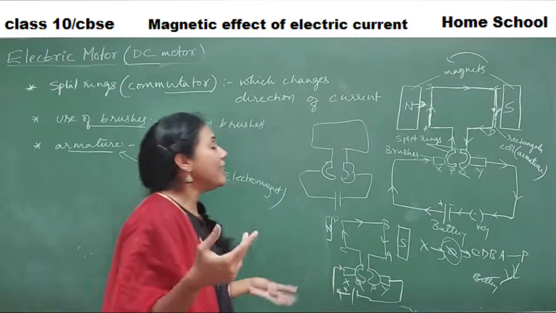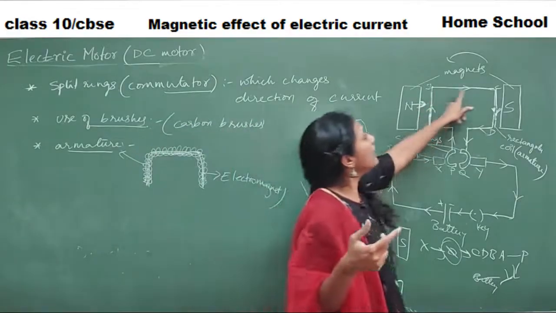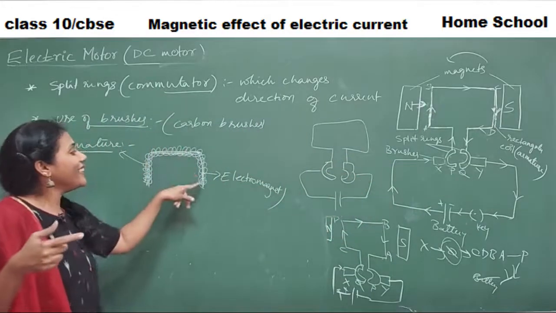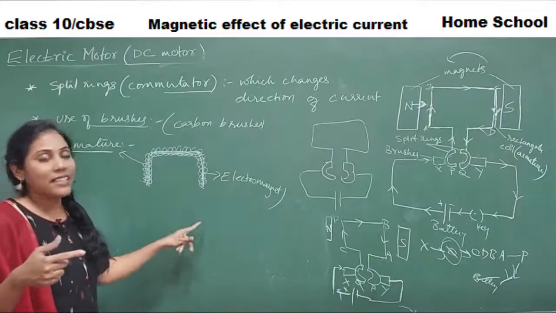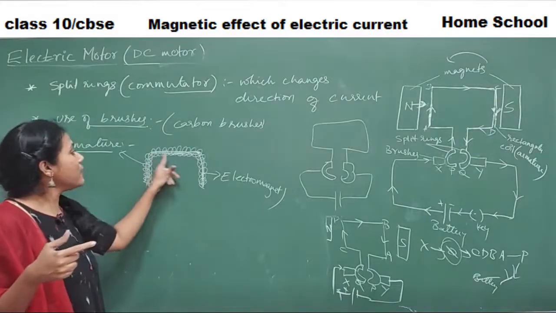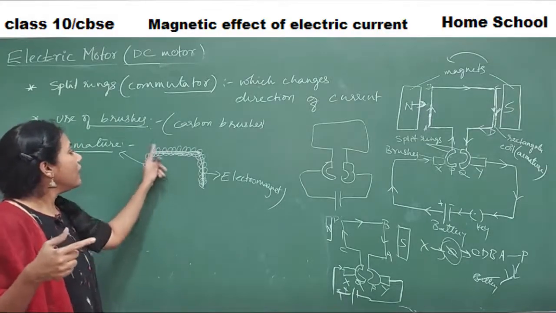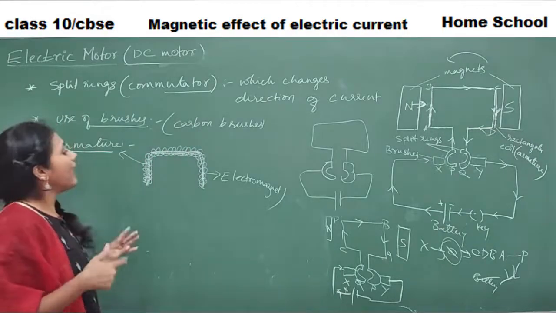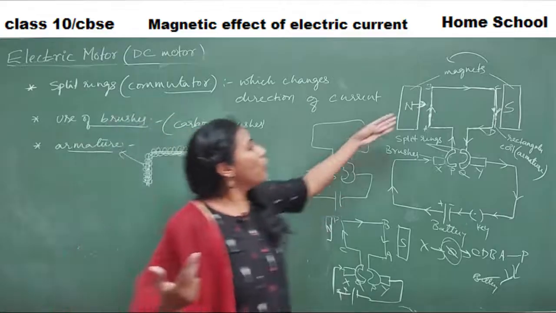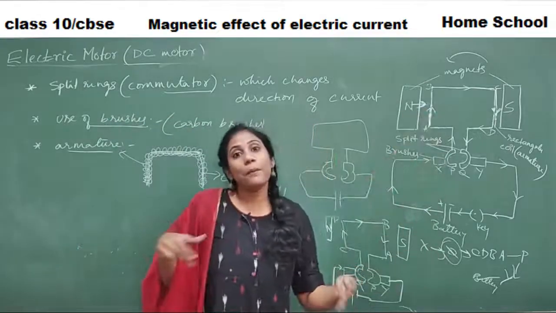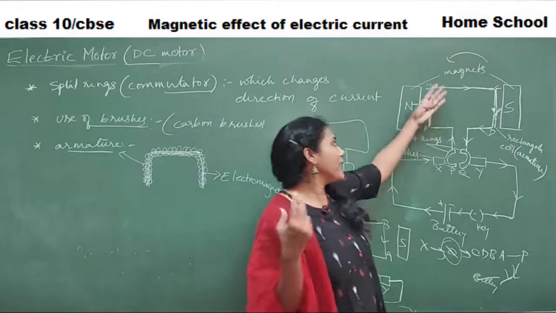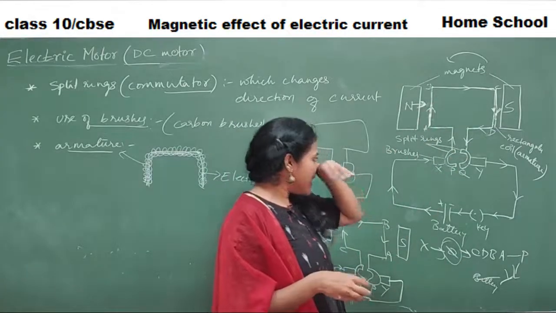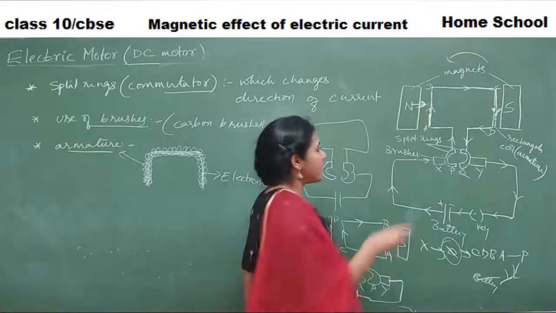So that's the reason, instead of a normal copper coil, we will have a soft iron inside the copper turnings. Clear? So we'll take a soft iron, and on that we will cover a copper wire, right? Such a thing is called an armature, just to produce more magnetic field, so that more power would be created in an electric motor.